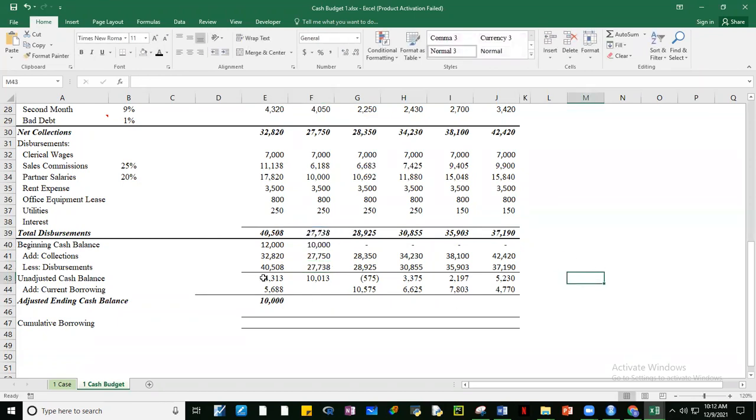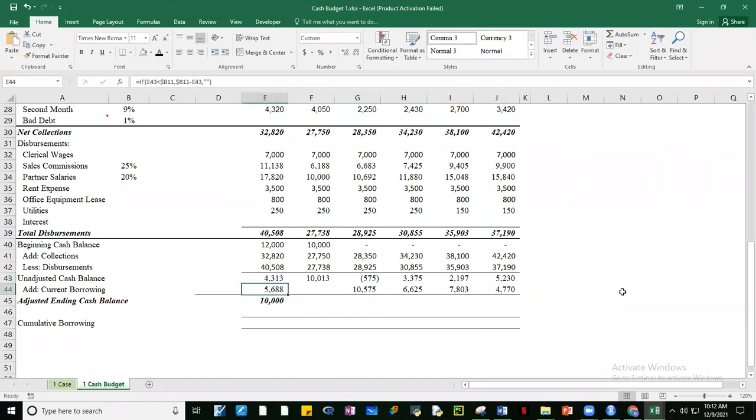And then, yung unadjusted natin, which is just the sum of the beginning cash balance at saka collections minus the disbursements. Okay, so kinopya lang natin yan. So dito makikita natin guys na dito may net negative pa tayo ng cash, no? Okay, kaya nga kailangan manghihiram tayo ng mas malaki pa kaysa 10,000.